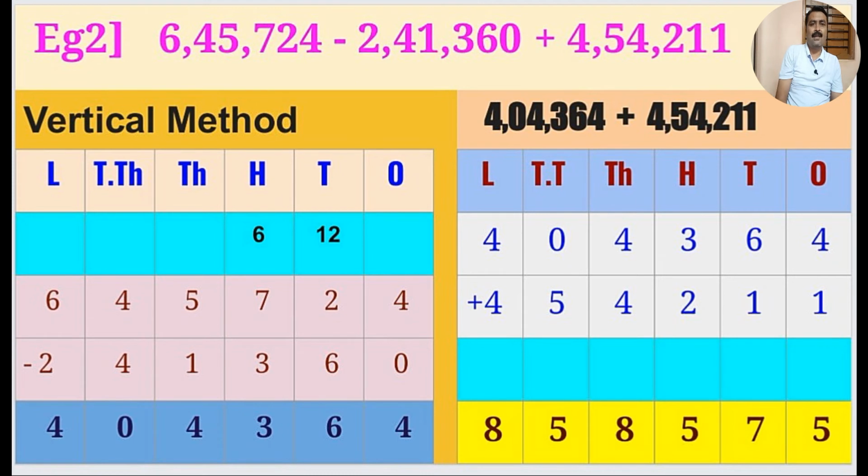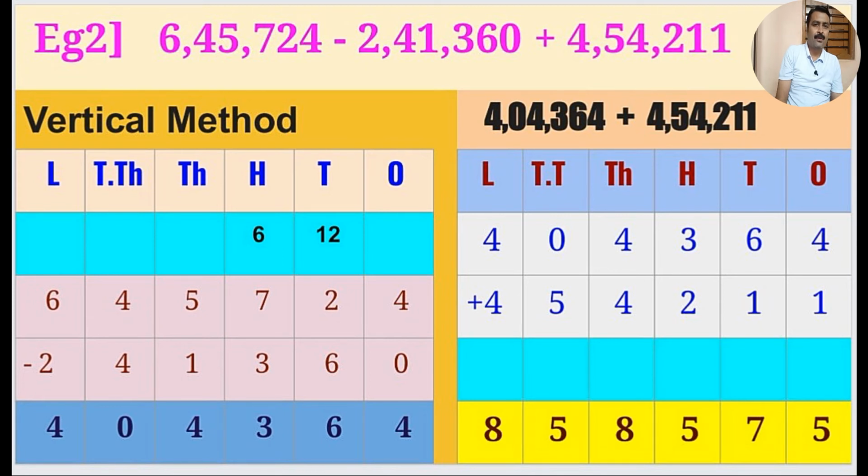So look at the ones place. 4 minus 0, we got the answer as 4 as it is. So at the tens place, 2 minus 6, this subtraction is not possible. So to continue this subtraction, we take 1 carry from 7, and at the tens place we got a 2-digit number, 12. So from that 12 we subtract 6. So 12 minus 6, we got the answer as 6 here. Now at the 100 place, instead of 7 there is remaining 6 here. 6 minus 3, now it is possible. Simple subtraction there.